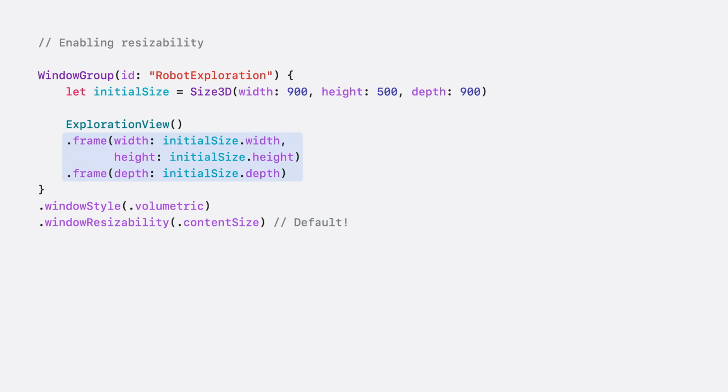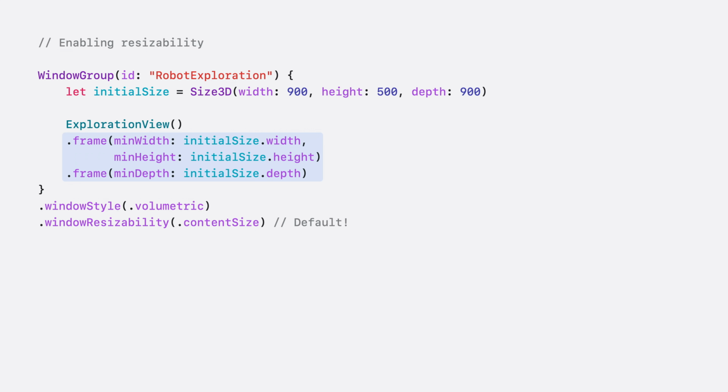On Exploration View, I have written a frame with a specific width, height, and depth. Because of this, the volume size is fixed to match that view's frame. If I change this to instead specify minimum values for the frame, the view is saying it can resize larger.